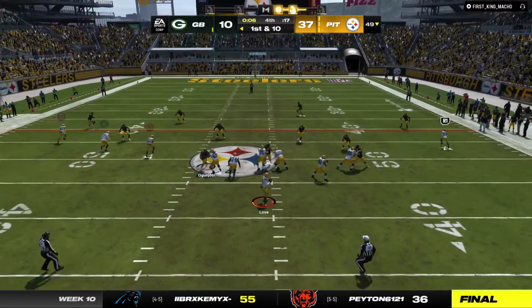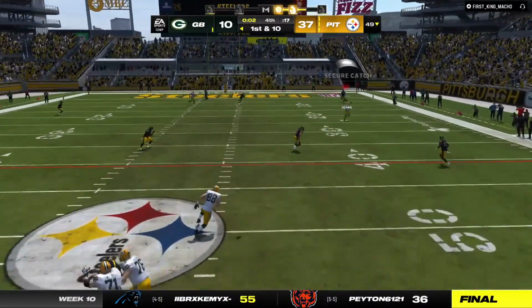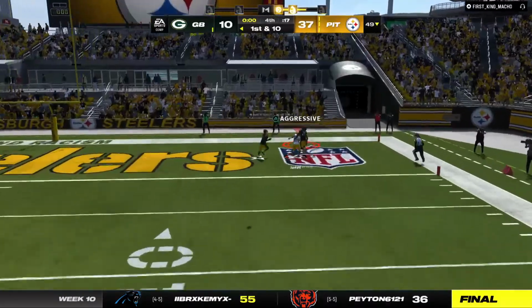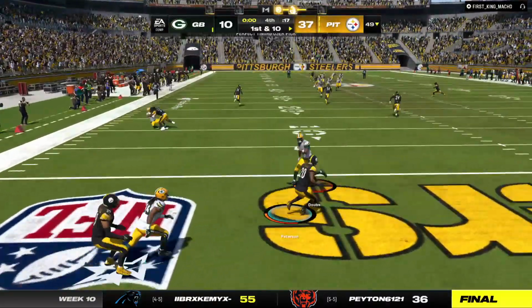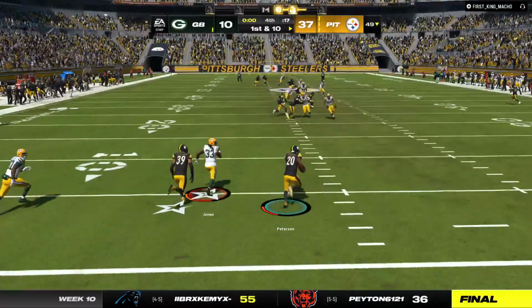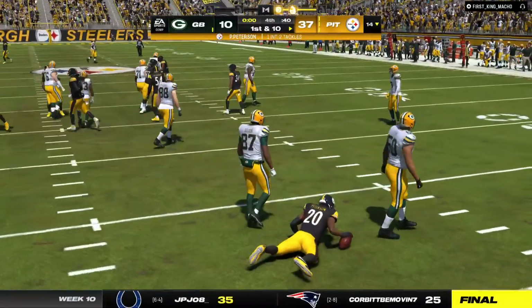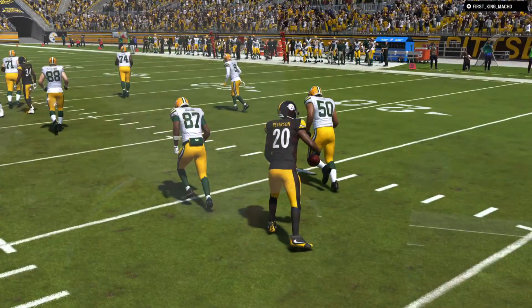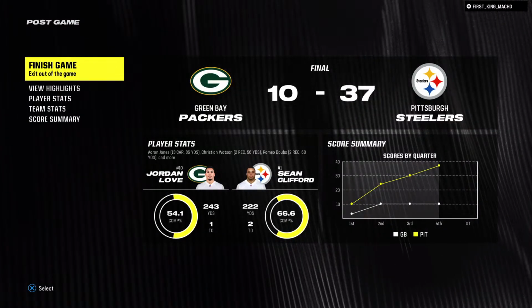Ready? To throw now. Here's Love. One last shot at the end zone. And that is going to officially draw the curtain on this one as the last throw intercepted. And the Steelers come up with a late turnover. And it will probably only matter to the statisticians as this ball game is now officially